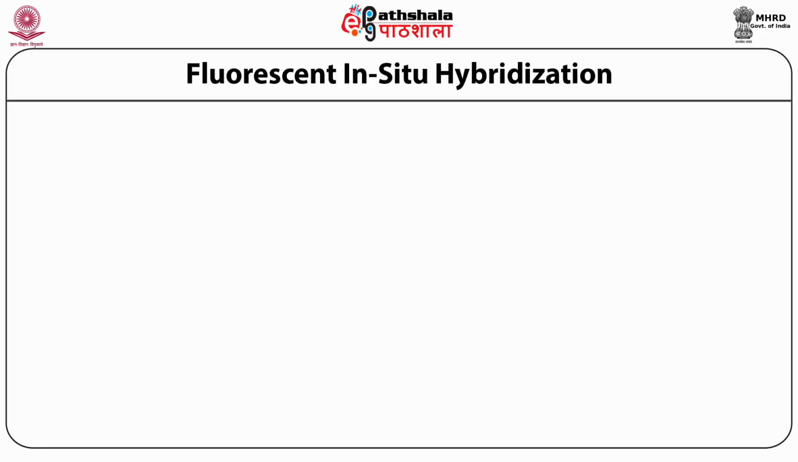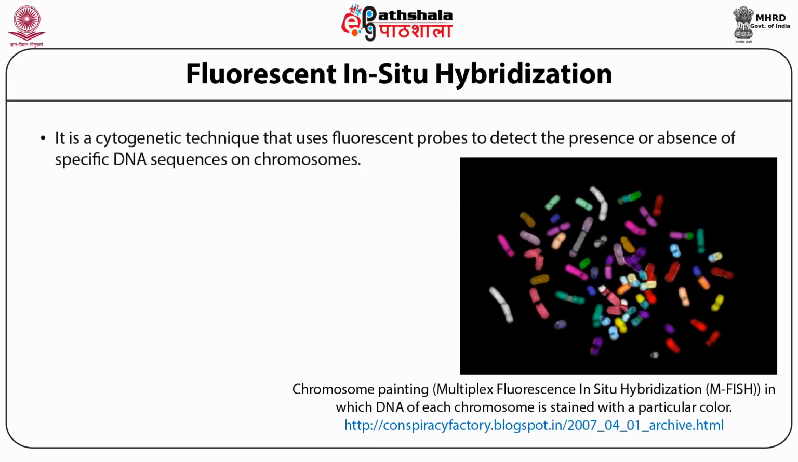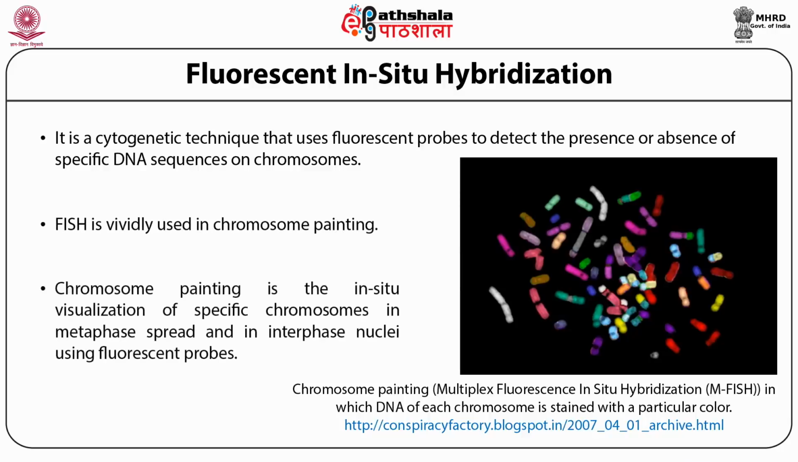A special variant of ISH is fluorescent in-situ hybridization, or FISH. FISH is a cytogenetic technique that uses fluorescent probes to detect the presence or absence of specific DNA sequences on chromosomes. FISH is vividly used in chromosome painting. In chromosome painting, multiple fluorochromes can be used, which produce a multicolored and painted effect with a unique color at each